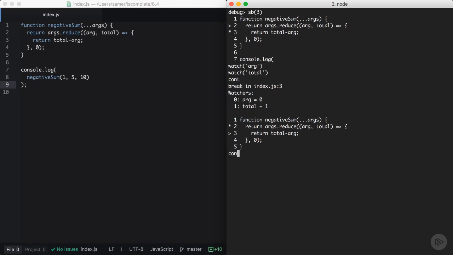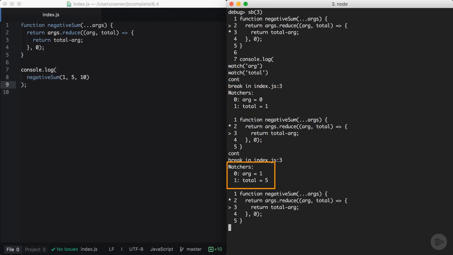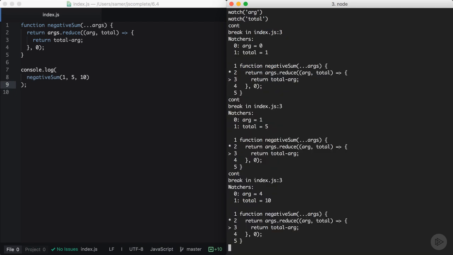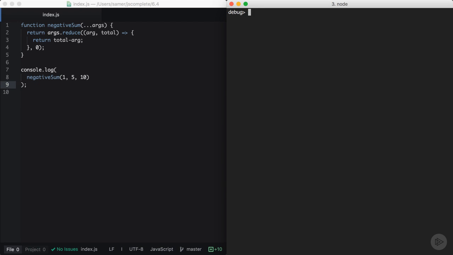So to verify, let's continue again. Total is now getting the 5 value, which is the second argument in the array. And if we continue again, it's getting the 10. So I definitely got the order of the callback arguments wrong. It should be total first and arg second. Easy fix. If while debugging you cleared your screen, I can do that with Control L here,